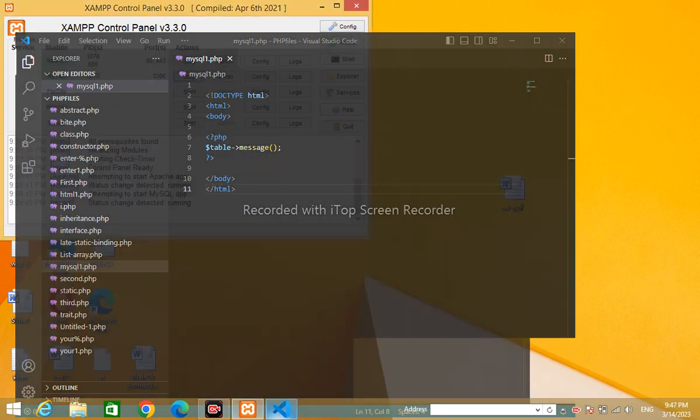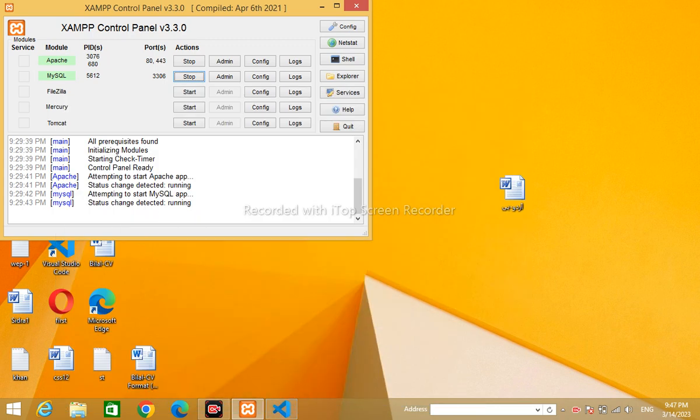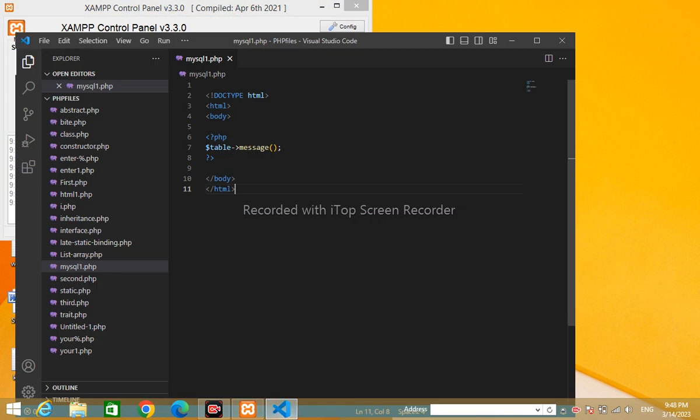Before opening Visual Studio, I will turn on the XAMPP server, Apache and MySQL both. As it shows both are green, it means it is working properly. Now here, I remove this one, and I start with PHP coding: question mark, PHP,